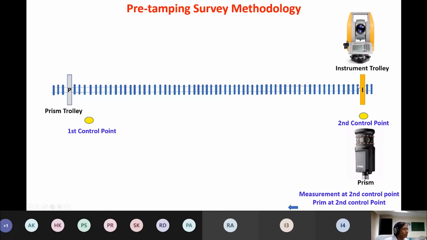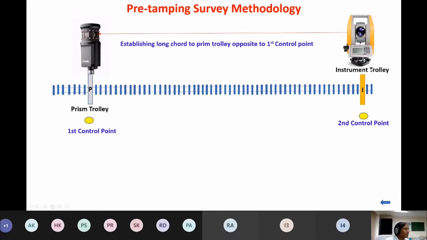On the basis of this, the coordinates where the instrument trolley is placed are established. तो इसके coordinate यहाँ establish हो गए. Now this instrument, the total station, here it is locked, fixed at this second control point, and then